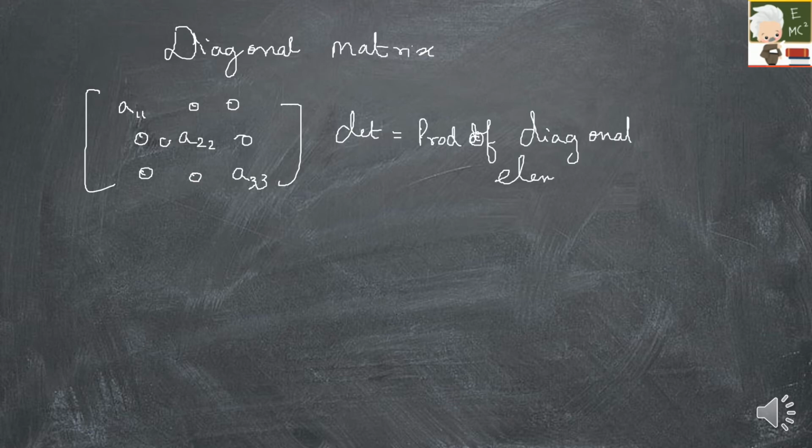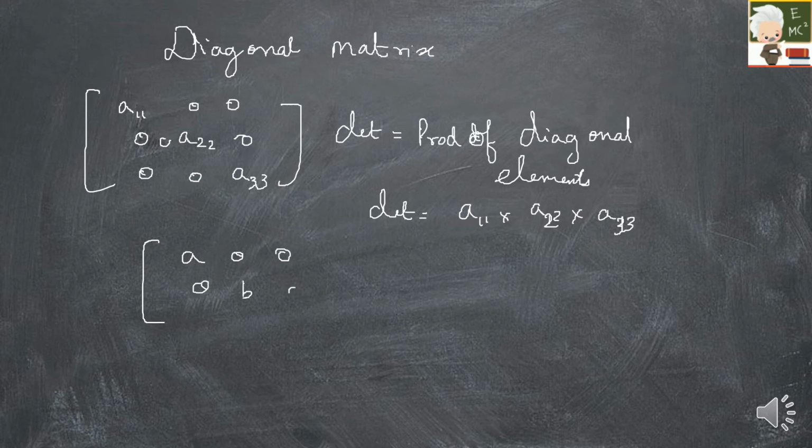Product of diagonal elements. So your determinant will be equal to A11 into A22 into A33. For example, if I have a matrix A, 0, 0, 0, B, 0, 0, 0, C, your determinant is nothing but A, B, C. You just have to multiply your diagonal elements, right? Okay. Next is